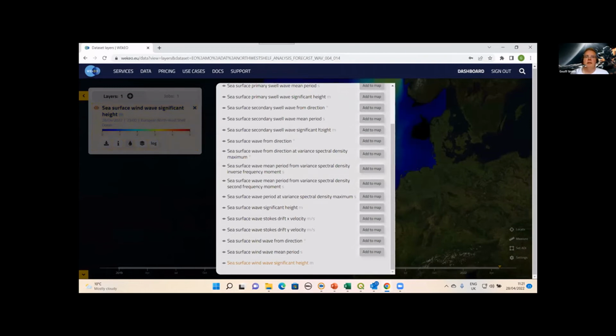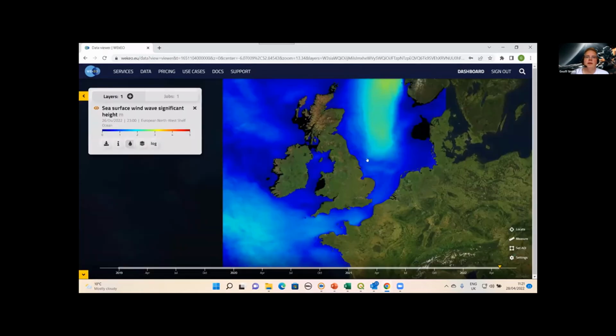Yep. So I've now gone and found this sea surface wind wave significant height product, and I've now loaded it in. So this has given us information on the wave heights on the ocean. So this will tell us something about the energy or the dynamism of the coast, of the waters on the coast, and therefore we can read into this how much damage or erosion or sedimentation, etc., will occur.